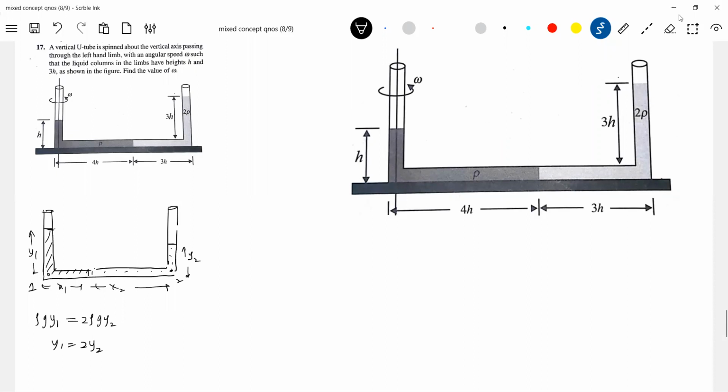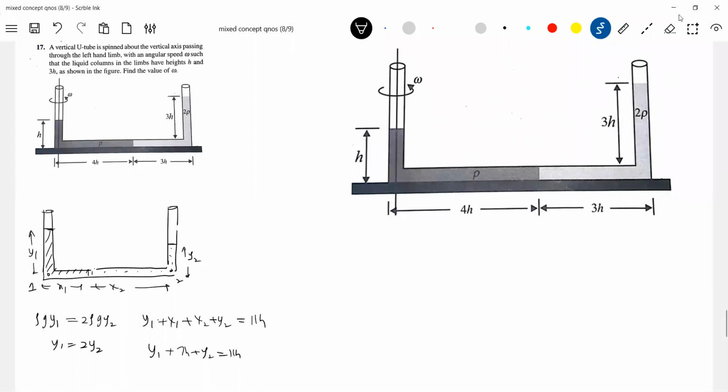So this y1 equals 2y2 we have. Then what is the other equation? We can write y1 plus x1 plus x2 plus y2. This should be equal to how much? 3h, 6h, 6h plus 5h, 11h. And x1 plus x2 is how much? It should be equal to 7h. Okay, I do have two equations and two unknowns. Solving, I'll get y1 and y2. Do I agree this should be the state?